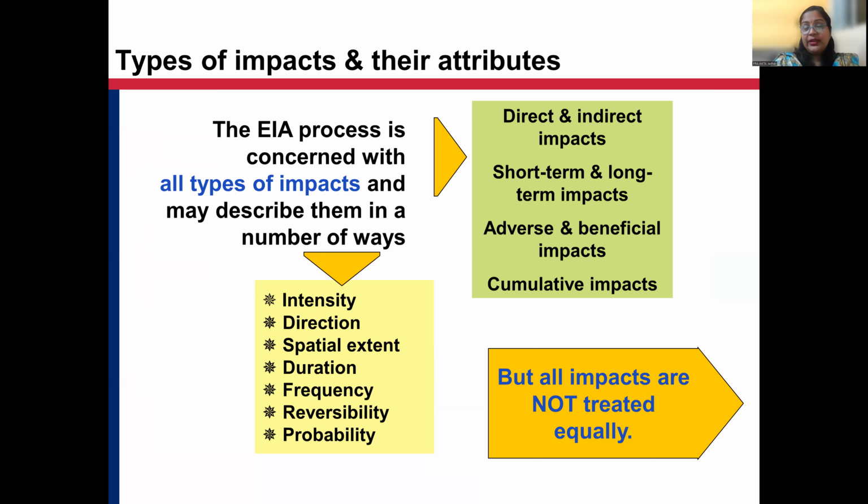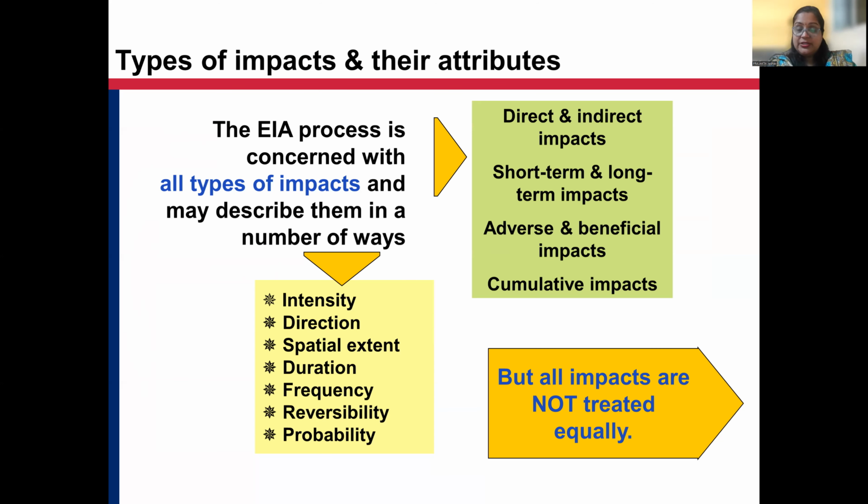Speaking about the EIA, we can see that it has different types of impacts in ways such as the intensity, the direction in which the impacts are going, the spatial extent, the extent to which the project is going to hamper the environment or the geographical unit it is going to cover, the duration for how long this impact will be staying in this environment, the frequency, how frequently this type of impact is going to hamper the environment, the reversibility, whether the negative impacts which these developmental projects are giving